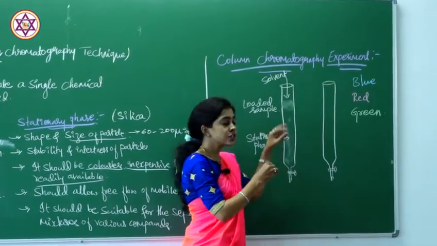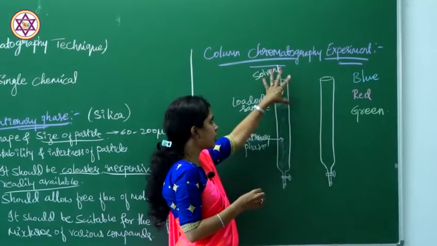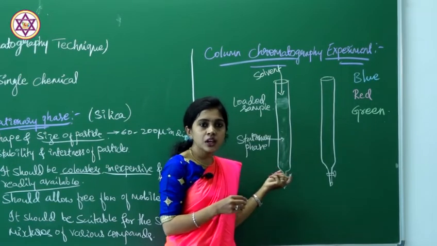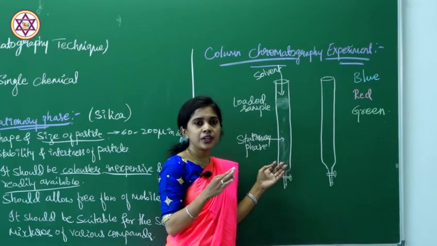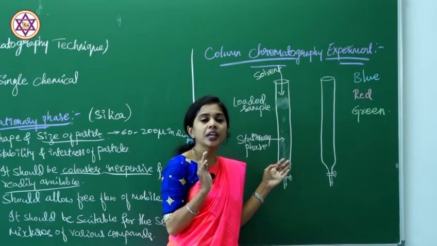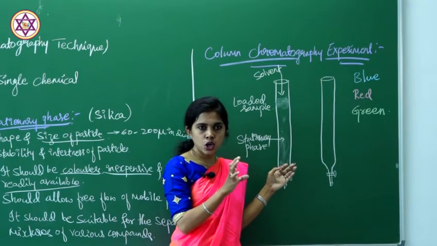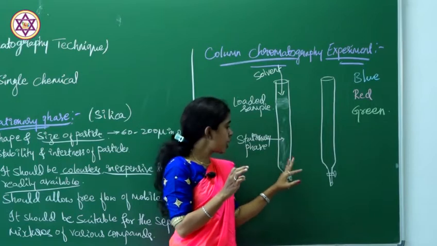First we are going to distribute the solvent without a mixture. Okay, first what are we going to take? We are going to take the column, that is the burette, and we are going to fill it with silica. Okay, compactly. We should not fill it unevenly. We should fill it evenly, which means there should not be any air gap. Bubbles should not be there. We should fill the silica gel very clearly.